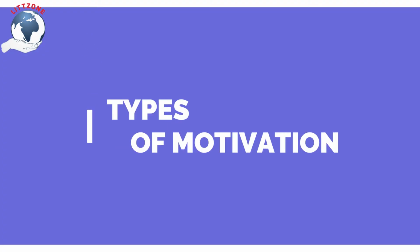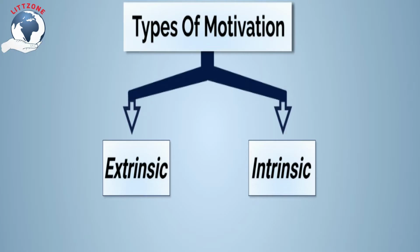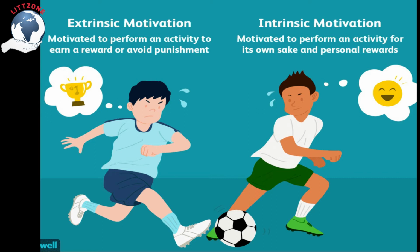I agree. There are also two types of motivation that we can talk about here. We have intrinsic and extrinsic. So let me explain what the difference is. Intrinsically motivated students learn because of a desire that comes from within them, while extrinsic motivation is when an outside force, for example a teacher or parents, are involved in encouraging their